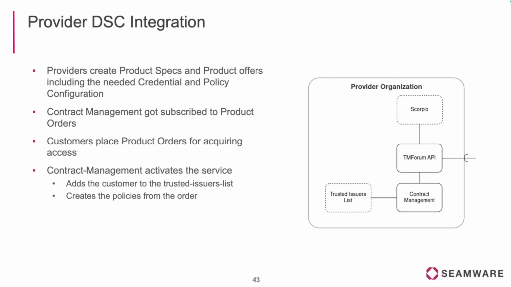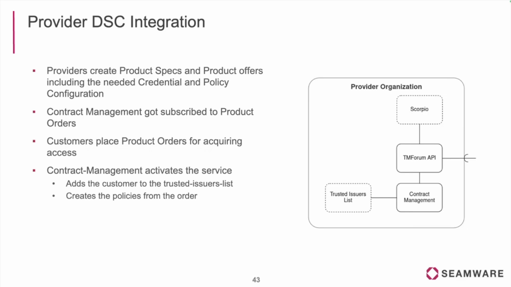The contract management component is going to be subscribed to product orders. Then the customers are going to create product orders for acquiring access to this stuff. And the contract management, which is receiving the product order notifications, is going to activate the service. So just to give you more detail, what is happening is that when you create the product specification, you need